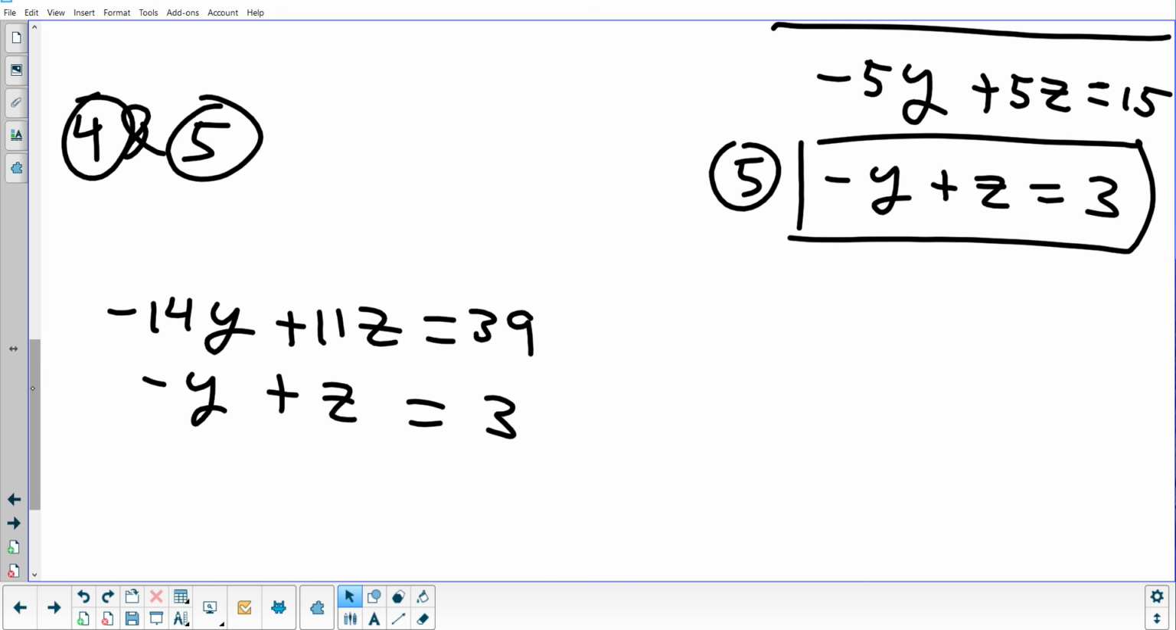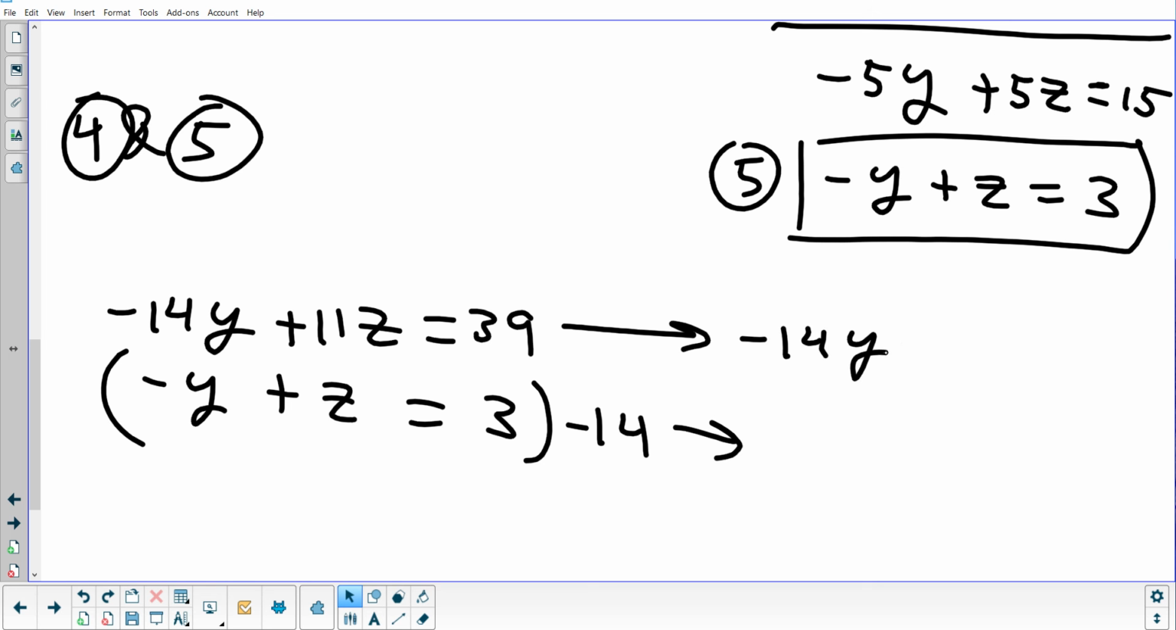What would we have to multiply the bottom equation by to make that work? Yep, -14. And now, once we do this, we should have z, and then it's pretty easy from here. Okay, top stays the same. You don't have to keep copying it over like I do, that's just how I do it. Plus 11z